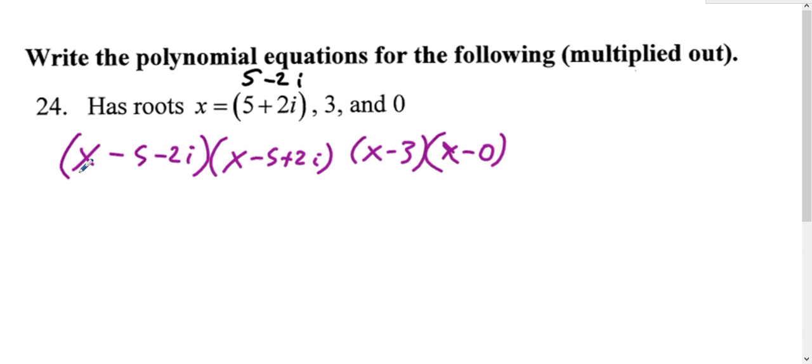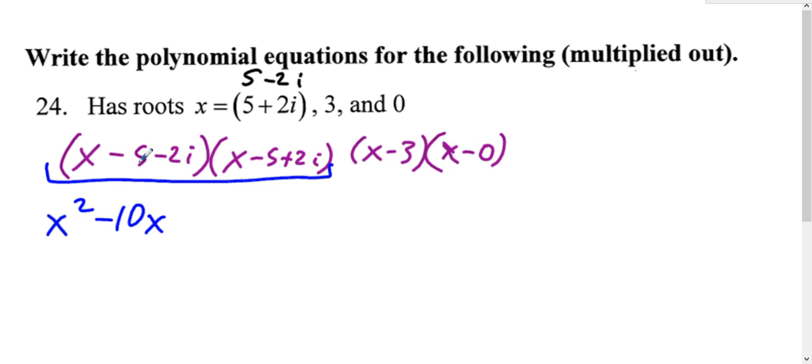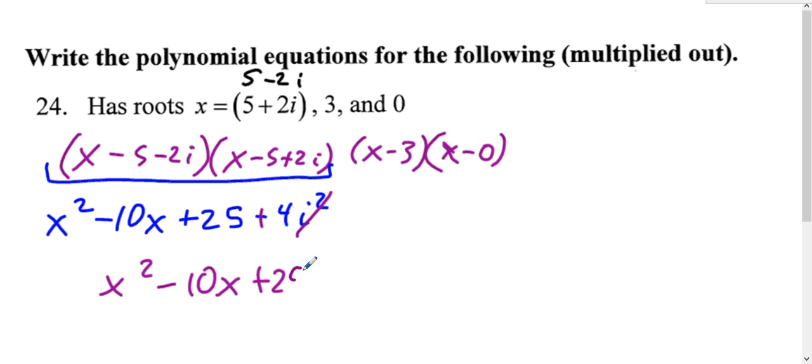And then multiply all those together. So pick 2 to multiply together. I would pick the first 2. Multiply the conjugates together, use the MAM shortcut. X times x is x squared. Add negative 5 is negative 10x. Multiply negative 5 and negative 5 is 25. And then multiply negative 2i, positive 2i is negative 4i squared. Cross it out, change the sign. So that's plus 29. And then we're going to multiply that with x times x minus 3